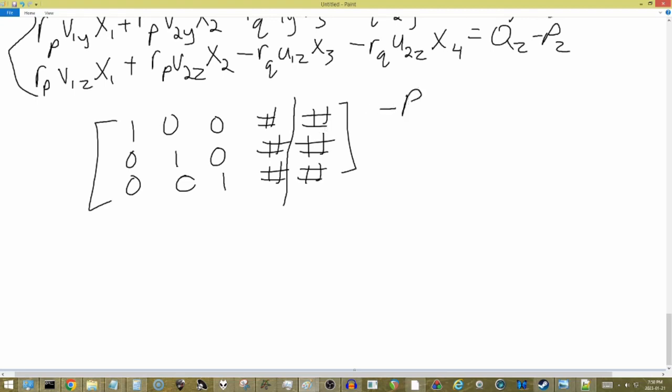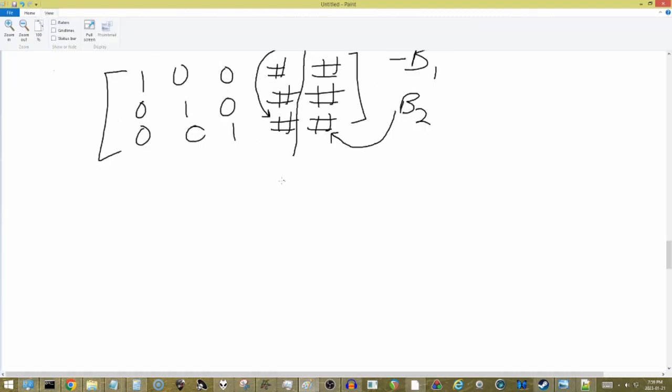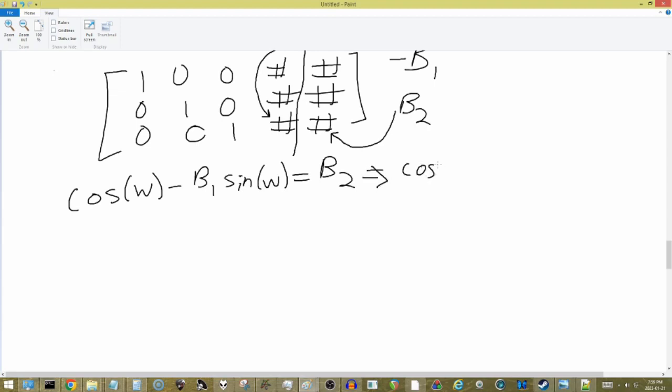So we're going to define negative b1 to be this number right here. And we're going to define b2 to be this number right here. So if we read off the bottom row, or the third row of the matrix from the Gaussian elimination, we get the equation cosine of w minus b1 sine of w equals b2. That implies that cosine w equals, that's why I made a minus there, so that we get a plus here, b1 sine w plus b2. And we square that to get